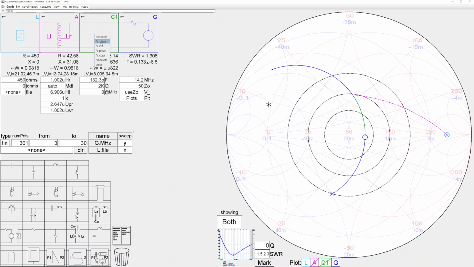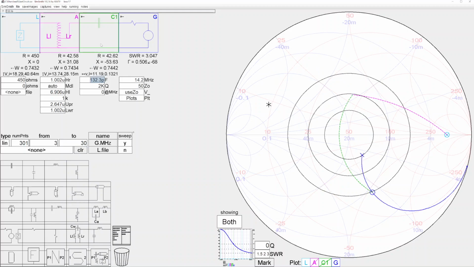Let's try, excuse me, that was a shunt capacitance. That's a series capacitance. That looks better. So now we're getting close. Look at that, we're getting closer. And now all I have to do is change the ratio of my unun a little bit